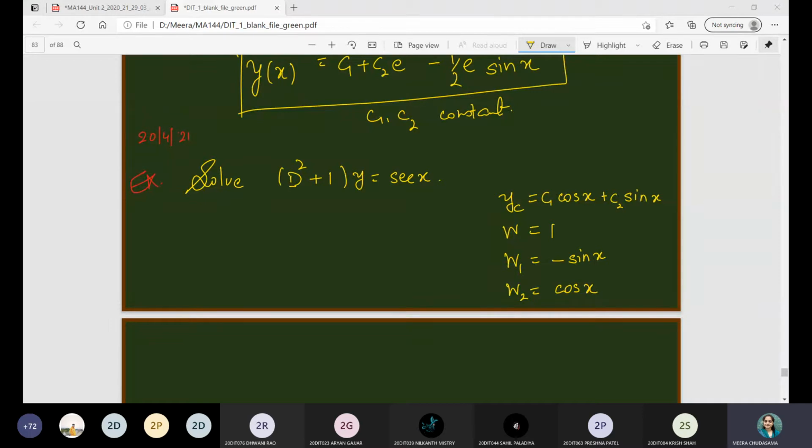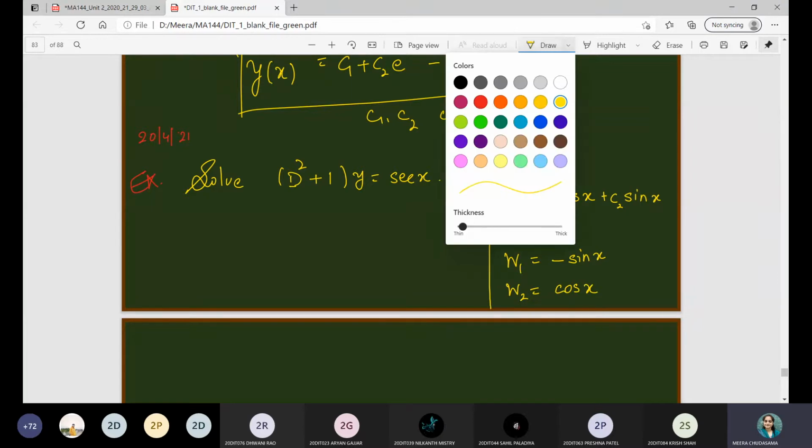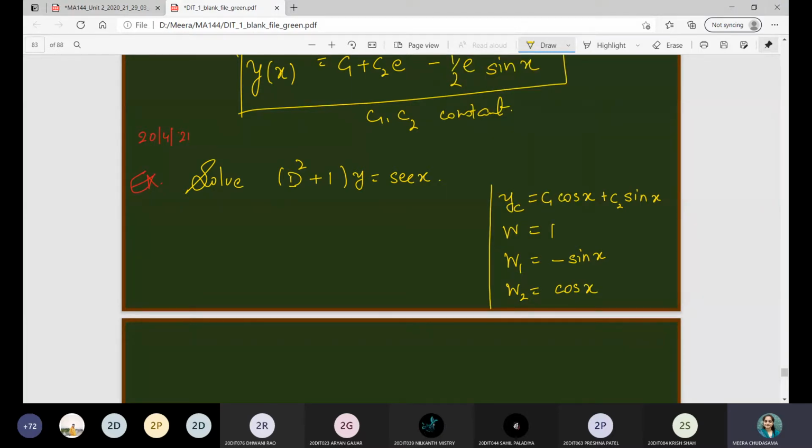Okay, those who obtained this complementary function can go for the particular integral. Those who are not able to get it, I will solve it for you again. Okay, yes, so here I can write